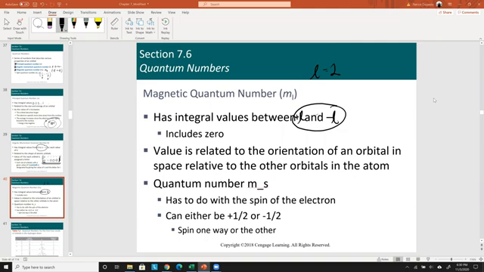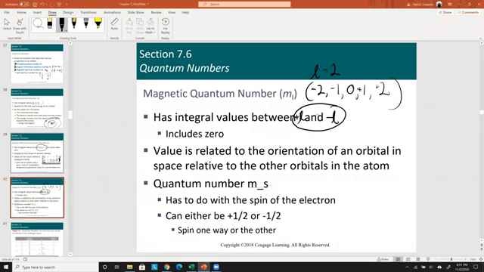So if you have L equals 2, the options for m_l are -2, -1, 0, +1, +2. It has 5 options for L equals 2. Does everybody understand that? Yeah, okay. That's important. These 5 options tell us about what we call lobes and subshells. Okay, now if we look at what we saw before with the value of L,